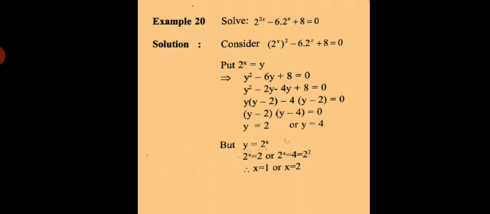You get, there is an 8, 1 eights are 8. So factors of 8 are 2 into 4. We have taken 2 into 4 only, because when you multiply minus 2 minus 4, you get plus 8, and minus 2 minus 4 is minus 6. Okay. Now take y common. Y minus 2, minus 4 common, y minus 2, which is equal to 0.